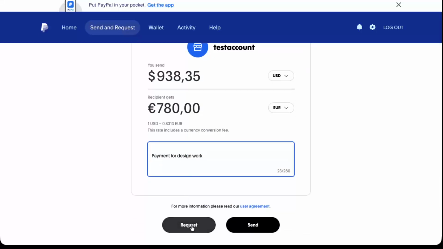Once you've added your note and checked the amount and recipient, you're ready to send the request. Click on the Request button. PayPal will now send a notification or email to that person, asking them to pay you the amount you specified. When they complete the payment, it will appear in your PayPal account balance